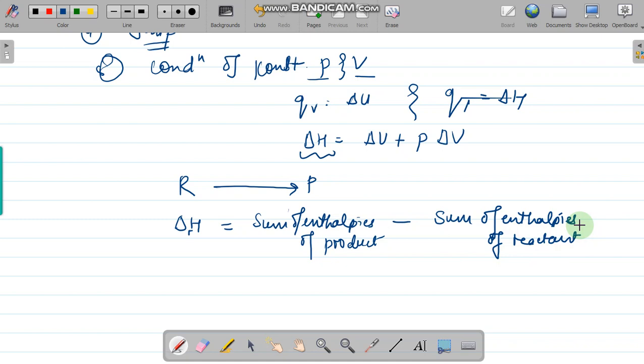Okay, in this manner, we can calculate the enthalpy change. Up to here, it is clear to everyone. Now, after this, we have